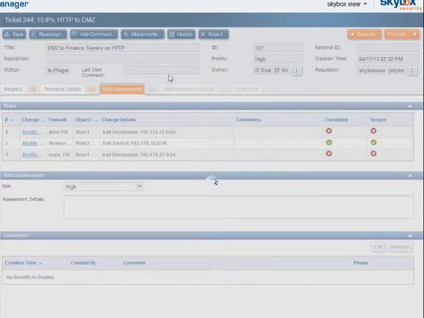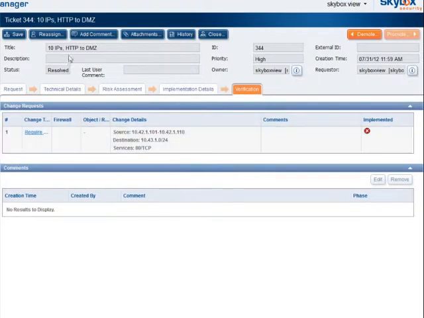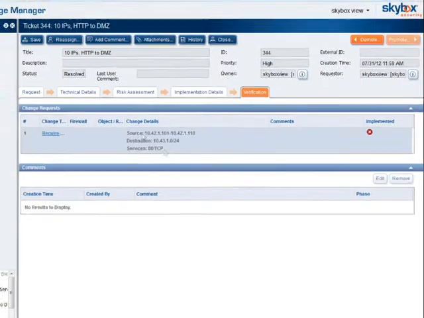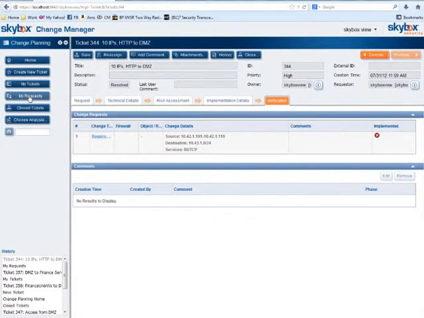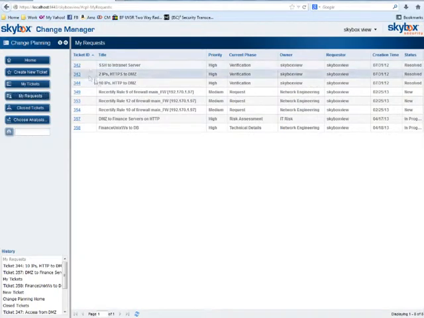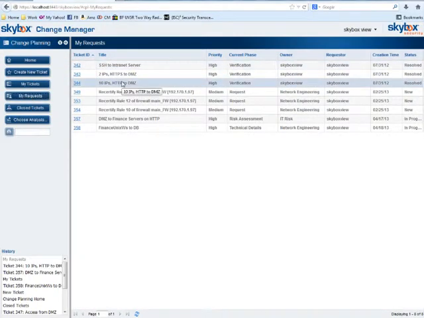Just kind of look at those for a second. We can see this particular ticket, the title is 10 IPs HTTP to DMZ. So I can see that there's a range of IP addresses. The request is being made to allow those IP addresses to talk to an entire Class C network over port 80. So you'll want to remember these 3 tickets, as we'll use them in just a second when we look at